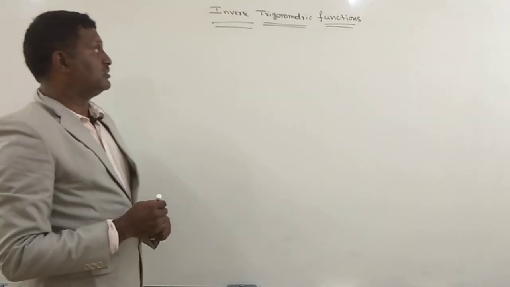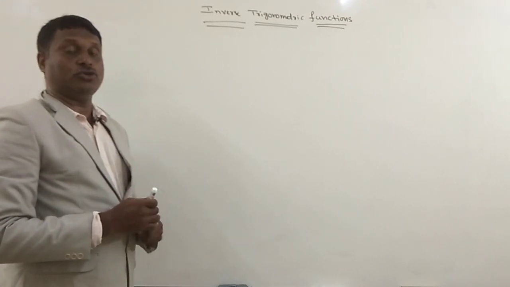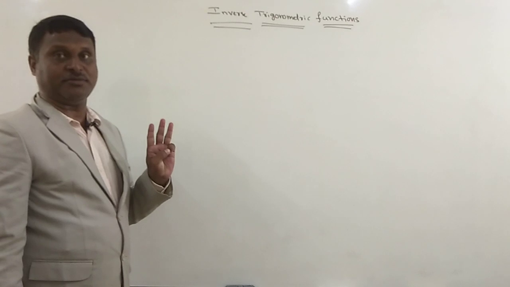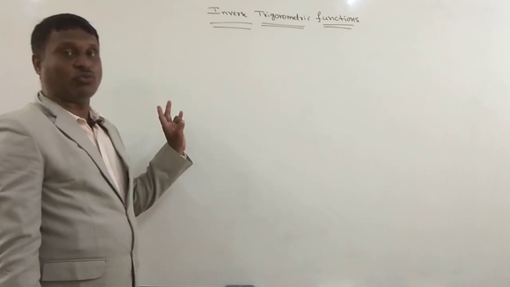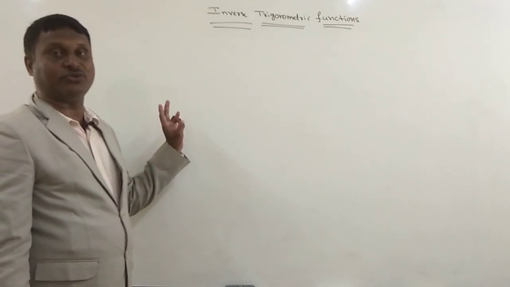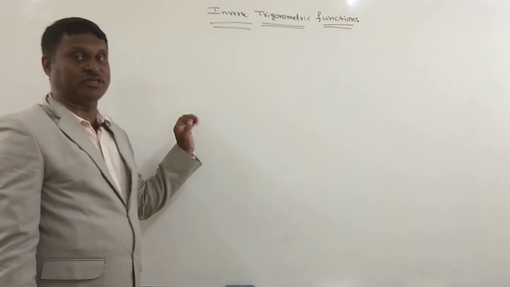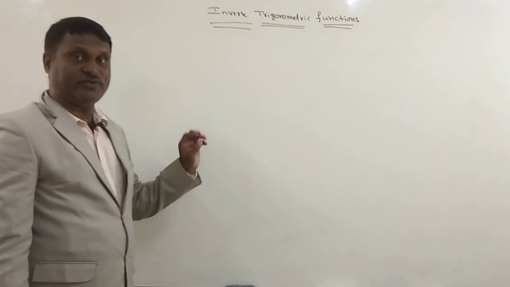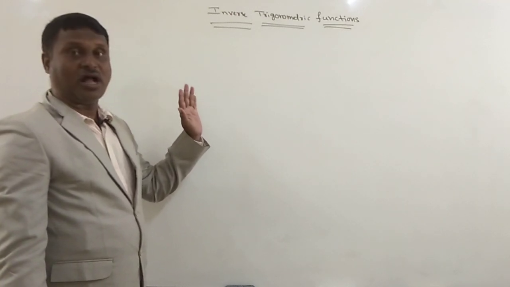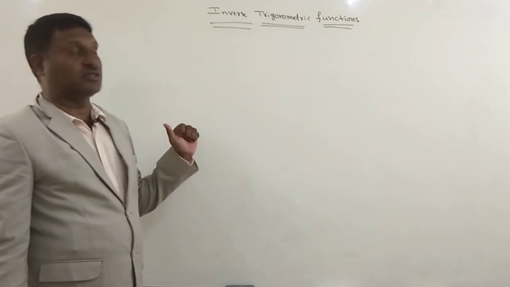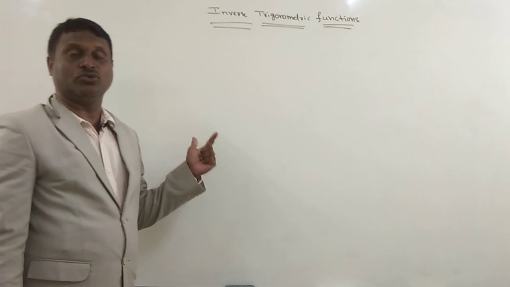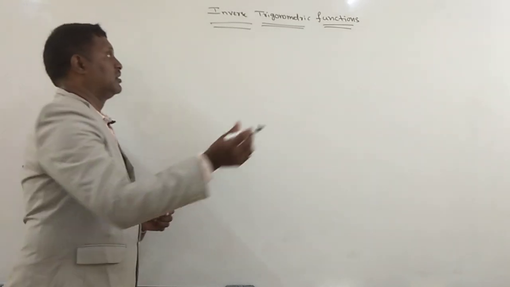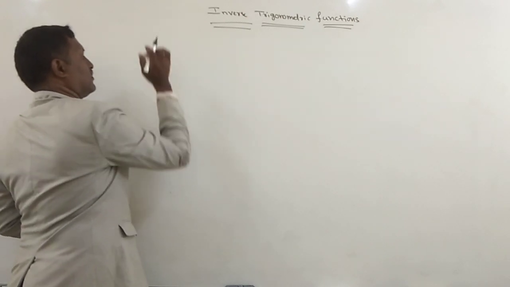In this chapter, before going to start, you should have knowledge of the trigonometric table. First, the trigonometric table. Then whatever formulas I have given: sin 2 theta, cos 2 theta, tan 2 theta, sin 3 theta, cos 3 theta, tan 3 theta. If you are very good with the trigonometric table and these formulas, then you will feel this chapter is very easy. Now, concentrate.